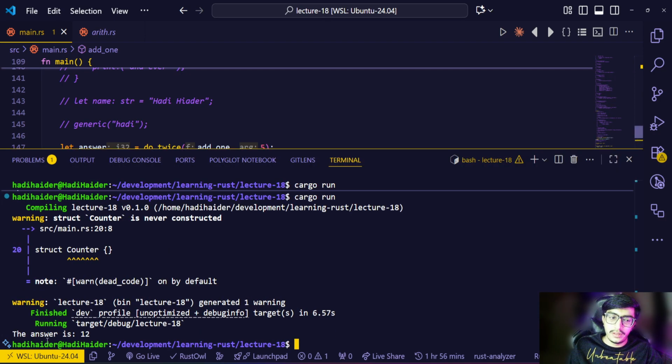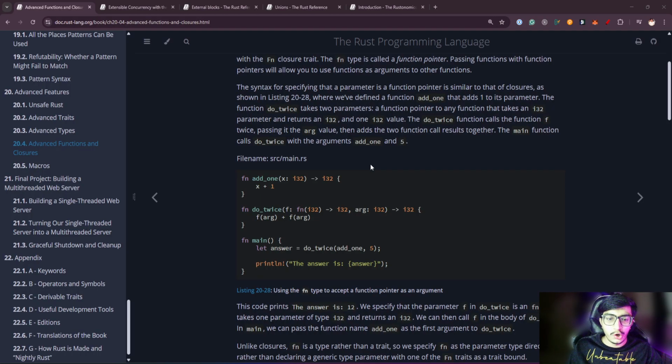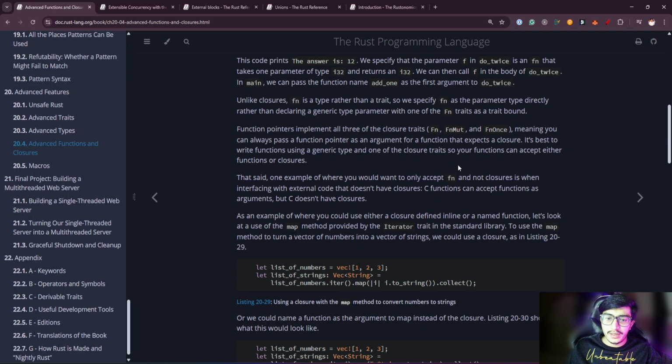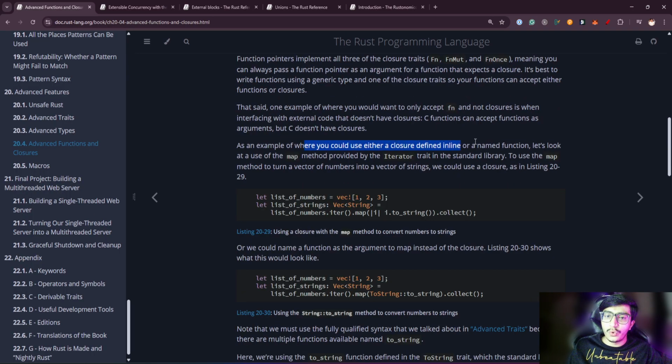The output should be 12. The answer is 12. And this is pretty much it. Let's just go back to the documentation here. And then this code prints the answer 12 we specify, and then as an example of where you could use